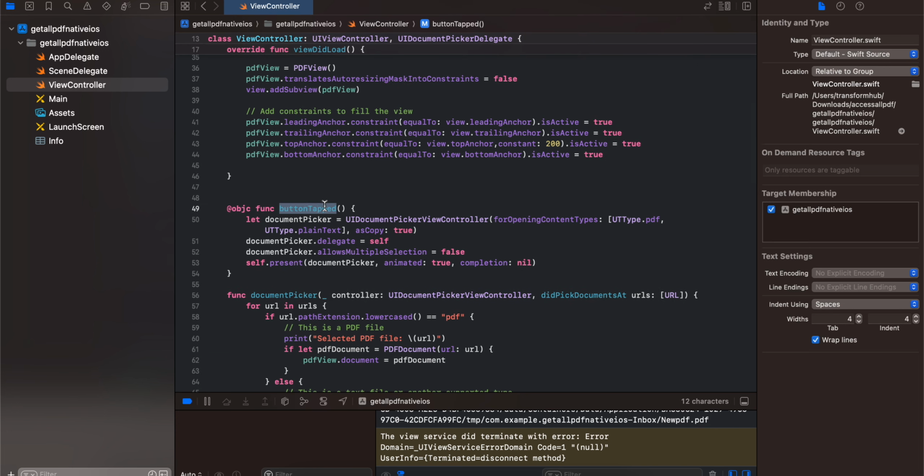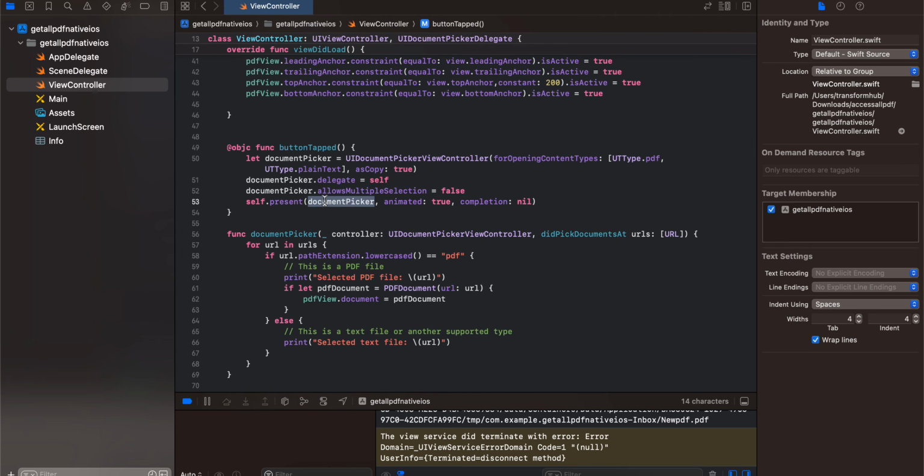Now once the button is tapped, we are opening the UIDocumentPickerViewController, and the UTType is only PDF. But if you want, you can add plain text as well. Suppose you want plain text files as well, you can add that. But if your intention is to only get the PDF file, you don't require this plain text. Okay, and I have set the delegate as self, allowsMultipleSelection false. If you want to select multiple files, you can set this as true,